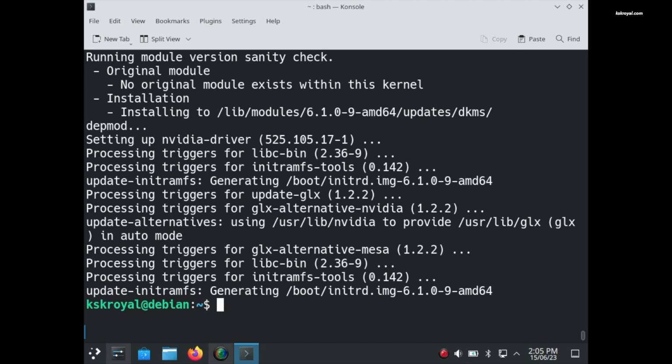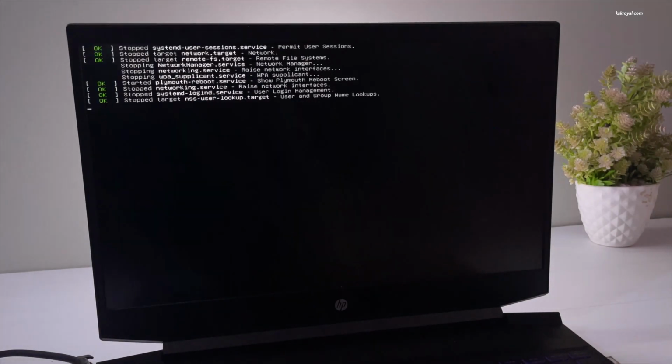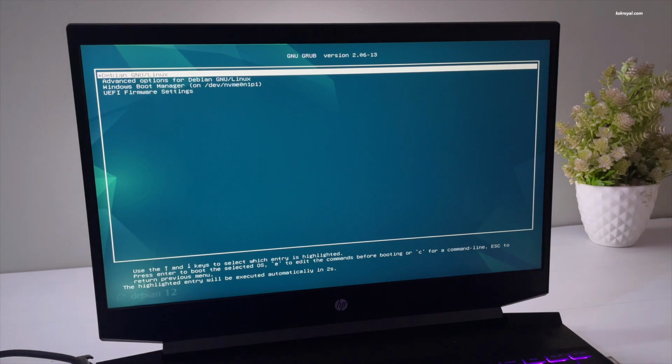Now once it's done, reboot your computer. Now this time it should boot into Debian Linux using NVIDIA drivers.